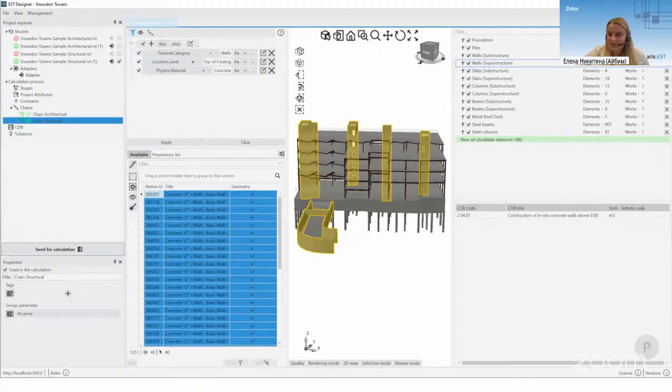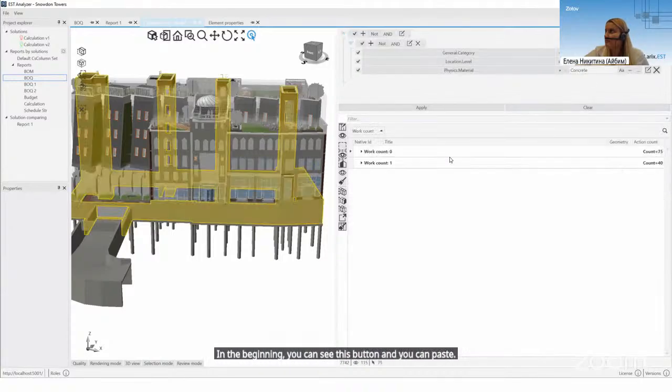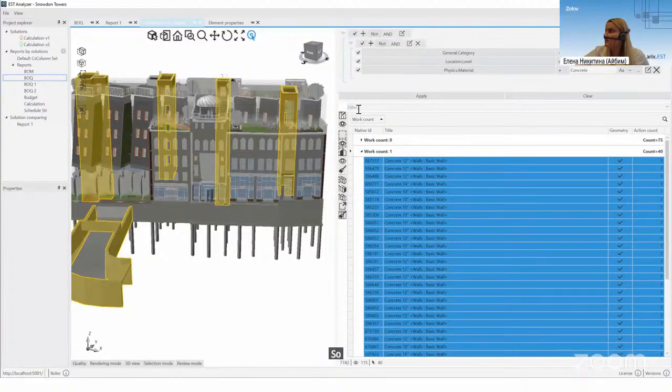And after this, you can open EST Analyzer. And here you see the same button, edit, in the right side. In the beginning, you can see this button, and you can paste and apply. So you can see